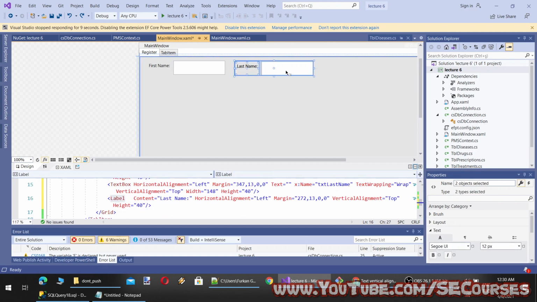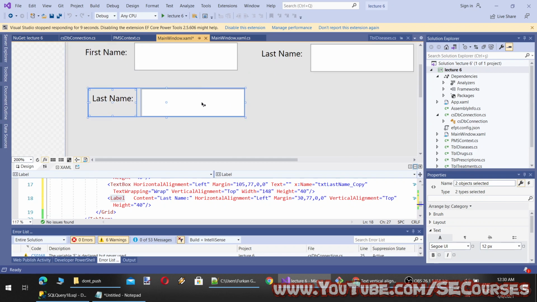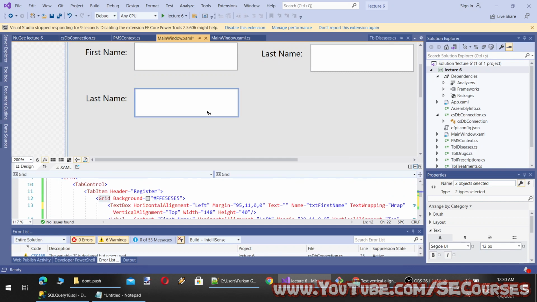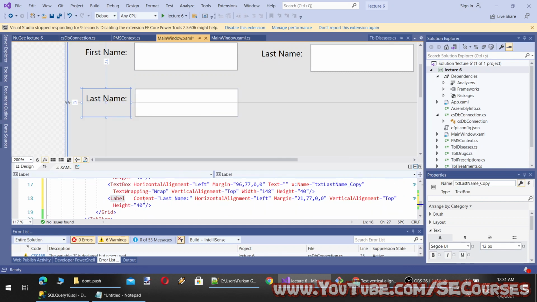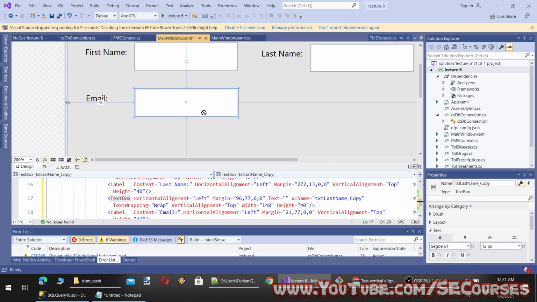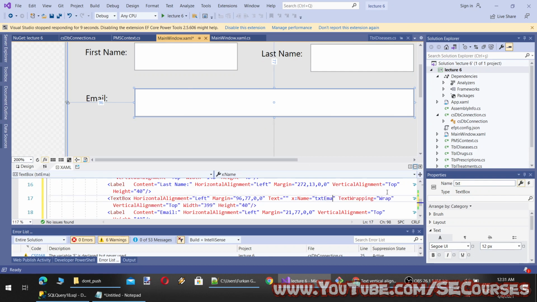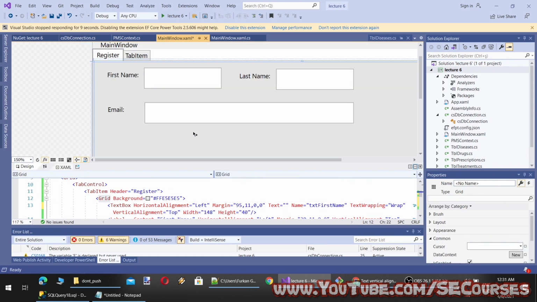So for email, let's type it here. Email, and I will make the email text box bigger, such as this, and txtEmail.